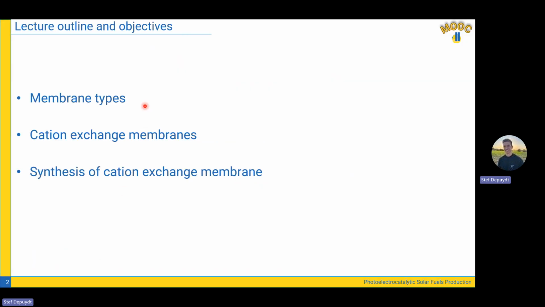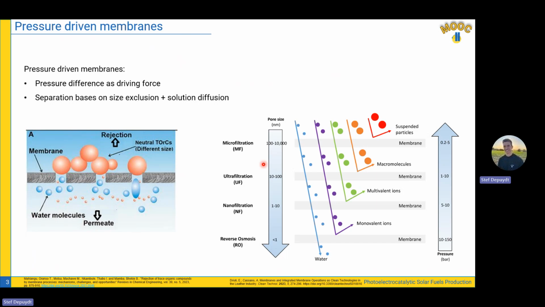This will be the outline of the presentation. I will discuss the different membrane types. I will go into more detail on cation exchange membranes, and I will tell you more about the synthesis of those membranes. So, first of all, when people say a membrane, most people think immediately of those kinds of filters